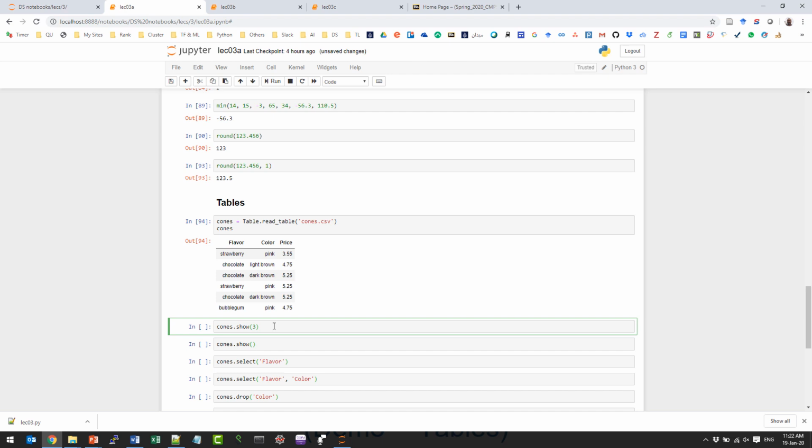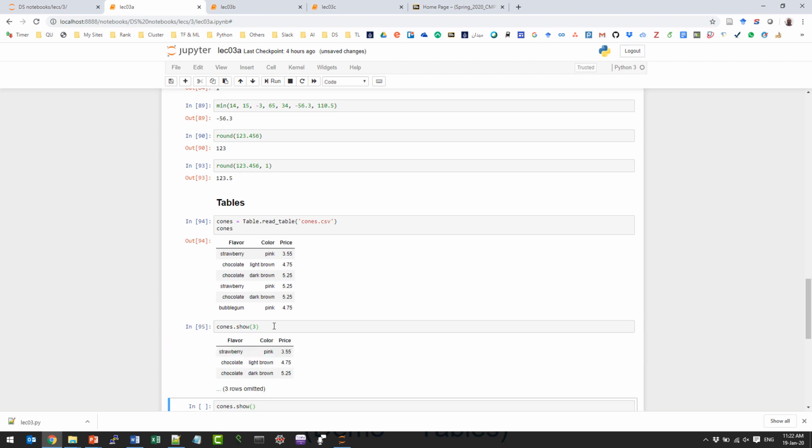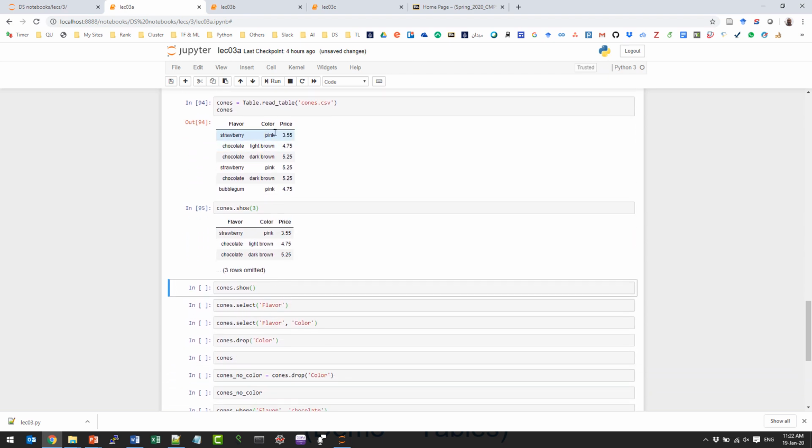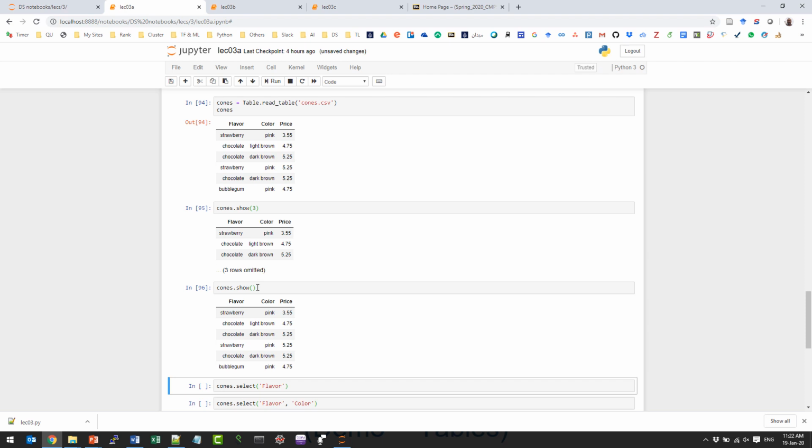Then we show a number showing the top n rows from that table. So show 3 shows us the top 3, the first 3 rows in the table. If we just exclude the number, then it will show everything. As you will see here, the trend in Python is always that the code is very tiny, very neat,